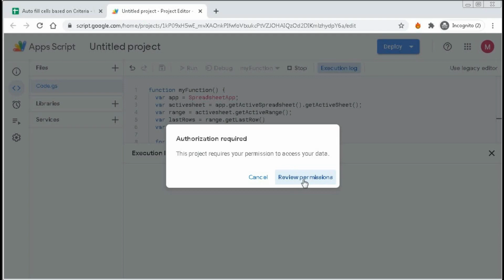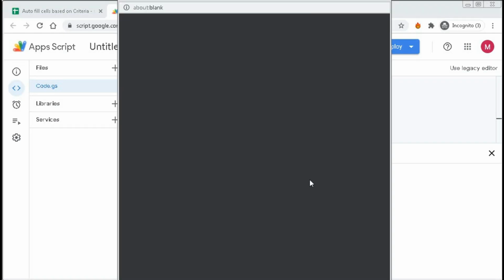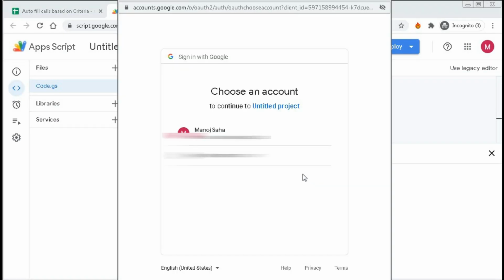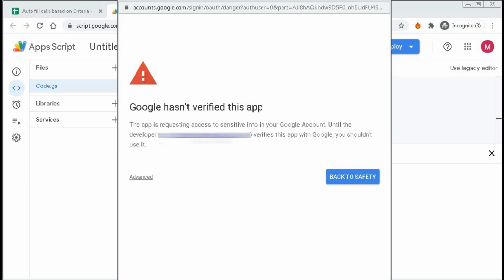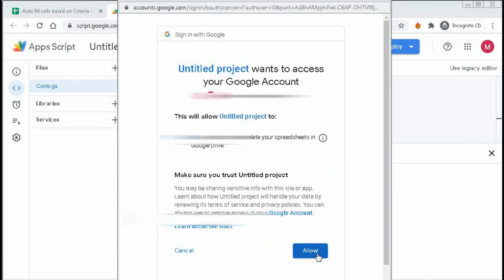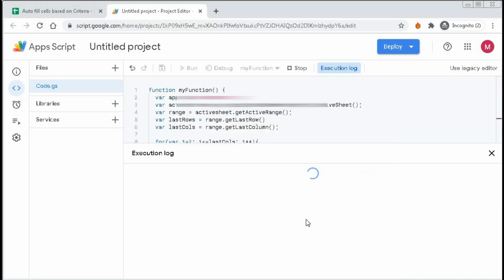So review permission, click here, and here just click your ID, and if you get this type of message, click on advance and click on untitled project unsafe. Allow.